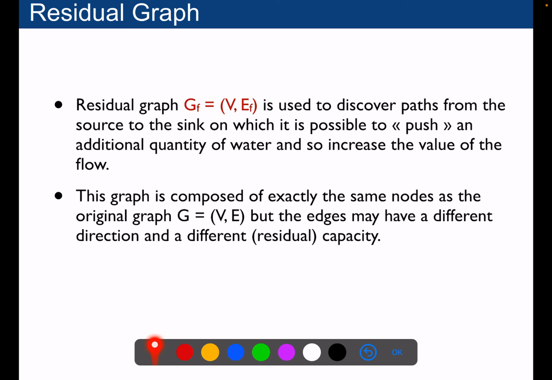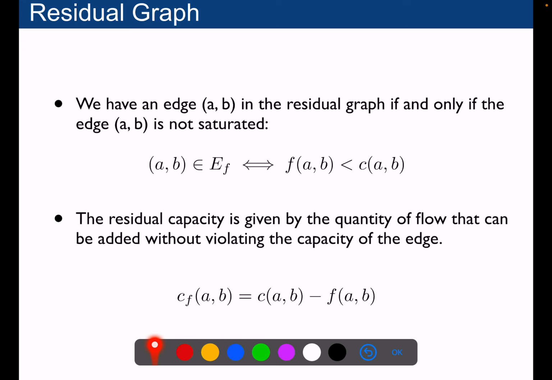In this graph, you have exactly the same set of nodes, but you see that the edges are a little bit different. The edges will be a little bit different in the sense that we will, instead of the original capacity, compute what we call a residual capacity. How do we compute that residual capacity of an edge? Well, for the edge AB, if the flow on that edge used to be FAB, and if it is less than the capacity that it can reach, the residual capacity will be the difference between the capacity and the flow that you currently have. Okay, that's the residual capacity.